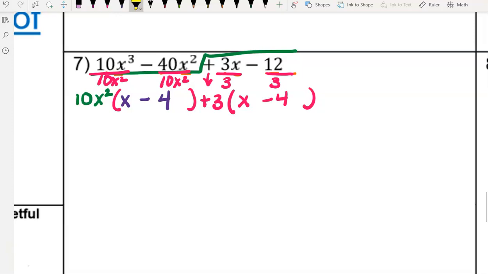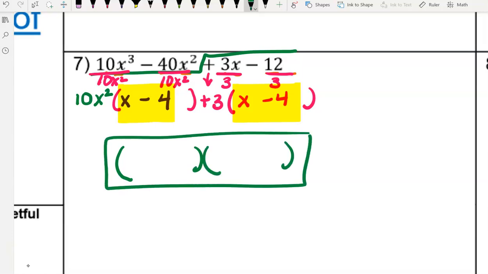Now check these right here. If they are identical, then that means we did it. We factored them out. So that means we can write our answer like this, 2 sets, okay? So x minus 4, both of this right here, that's factor that out, okay? And that doesn't look like a minus. And there you go. Then we have 10x squared